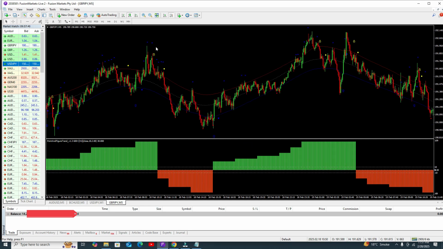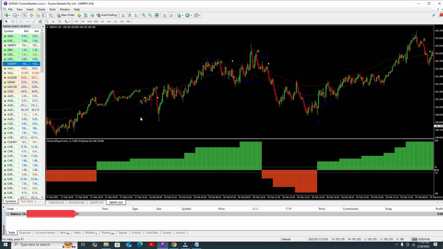Here you got the sell signal, and because the area below is red, you need to open your trade, close your trade, again sell trade, close your trade. After that you got the buy signal, so you need to open only buy positions. Okay, let me show you here, buy trade, buy trade, buy trade, and you can see you got consistent profits. Okay, this is the most profitable strategy ever.